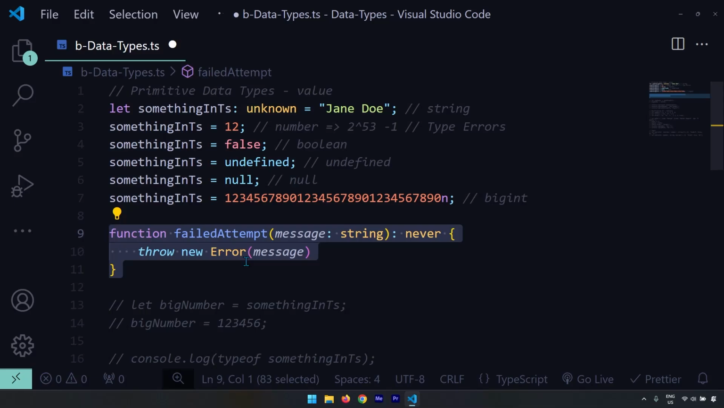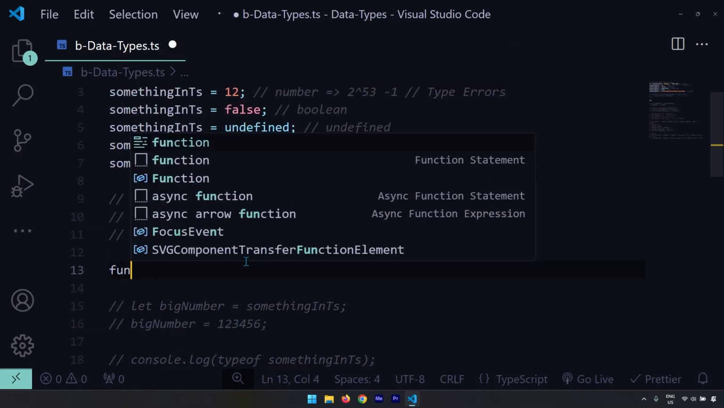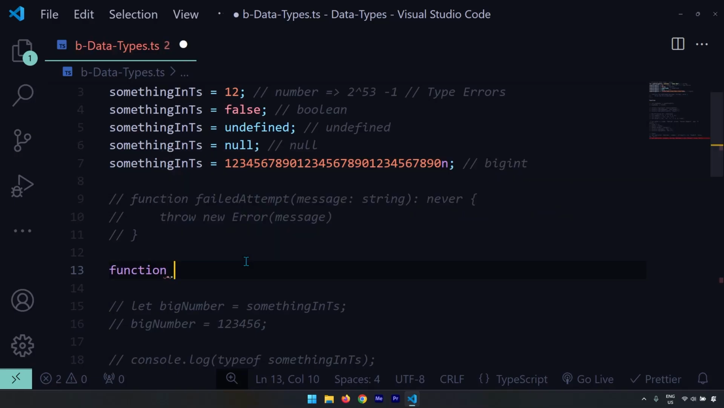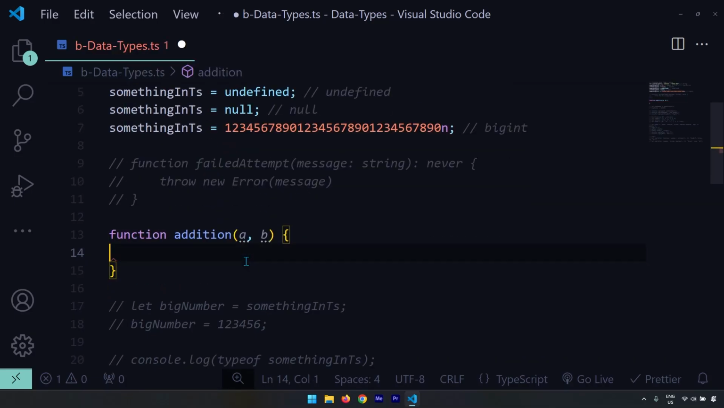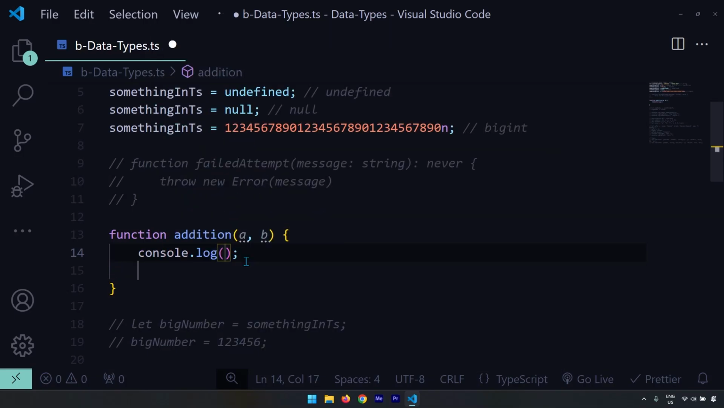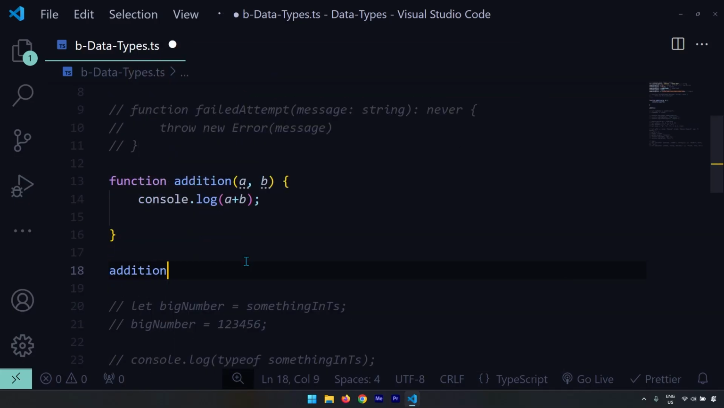So that's never. And then finally, for our special types, we have something called void. Void is very useful. You use it a lot. For this one, I'm just going to say addition. Now, when I'm talking about addition, let's say A and B. And in here, I'm going to say log A plus B. Simple, right? And in here, I'm going to say addition. Now I'm calling the function. The function requires two